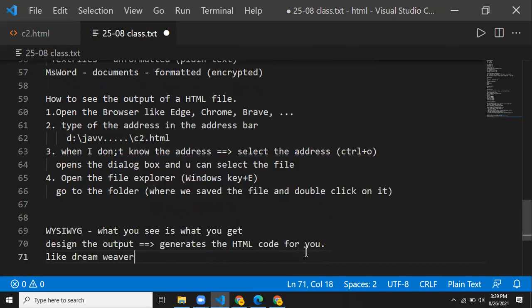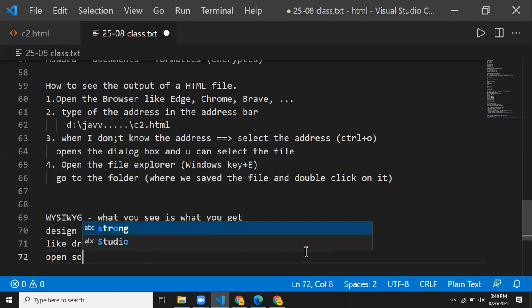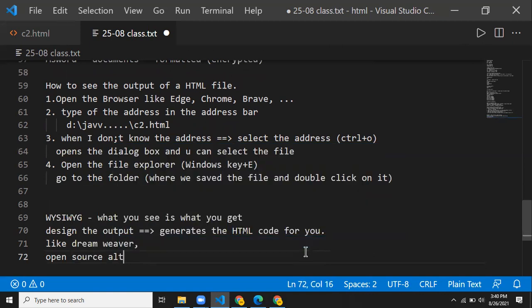So we have one software called Dreamweaver. Dreamweaver is a proprietary software, so you need to purchase it if you want to use it. Nowadays on the net everything is available, pirated software is available, but I'm not talking about that. It is proprietary, so you need to get the license. Instead of that, I can make use of an open source alternative, like Blue Griffon. So I am going to use that.